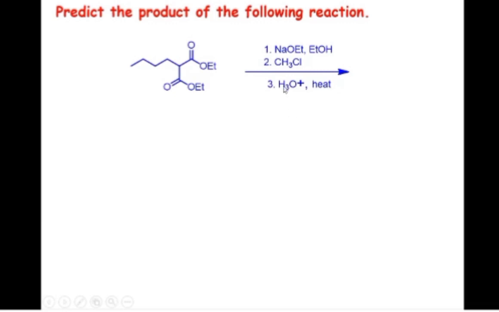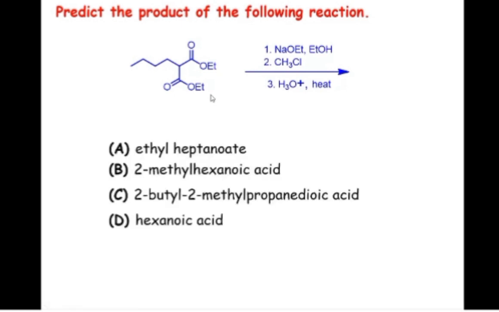You have to take care of both the reaction conditions. Hydrolysis of this geminal diester gives a geminal dicarboxylic acid, and under acidic condition, with heating, decarboxylation takes place leading to the carboxylic acid. Means one of the carboxylic acids will undergo decarboxylation, and in the final product you will get a carboxylic acid. Okay, this is the concept. Now, the structures are not given, the names are given over here, and accordingly you have to find the final product. See how to remove two options quickly.